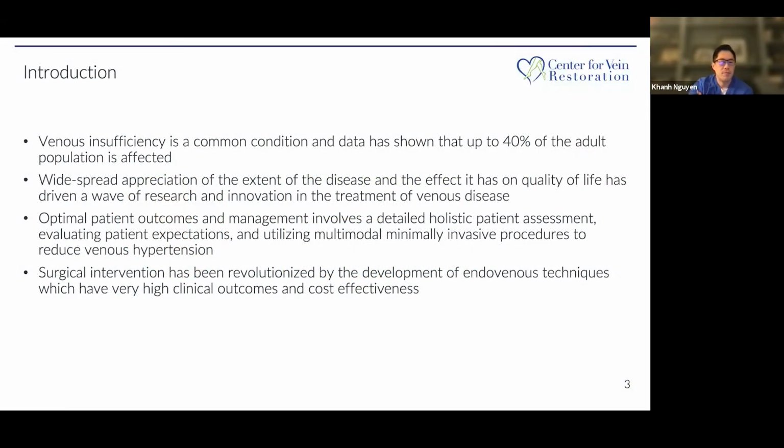So no disclosures. Just as an introduction, venous insufficiency is a really common condition, as we all know. As much as 40% of the adult population is affected, and many of them have varying degrees of effect on their quality of life. And so this has brought a significant amount of interest and innovation to the disease. I did some search on just what type of papers have come out. Over I think 1,200 papers were introduced over the last 12 to 24 months just on venous disease. So there's a lot of research going on, a lot of innovation, and clearly tons of new innovation coming out, new techniques, and that's what we're going to talk about